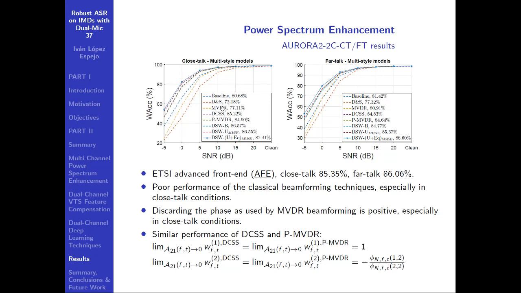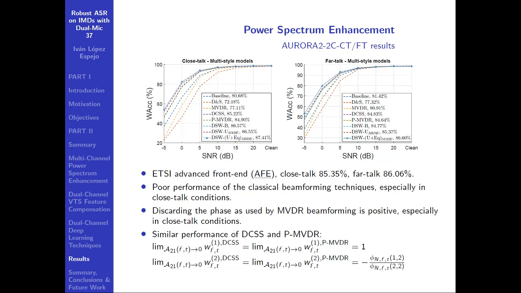Both delay and sum and NVIDIA beamforming worsened baseline performance, and this was expected because we have only two microphones very close to each other, one of them placed in acoustic shadow with respect to the speaker. In contrast to NVIDIA beamforming, our technique PMVDR improves the baseline performance. So we confirm that the Cartesian phase as used by NVIDIA beamforming is positive, especially in close talk